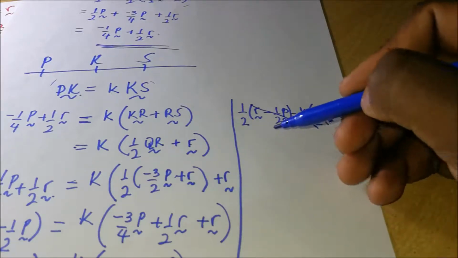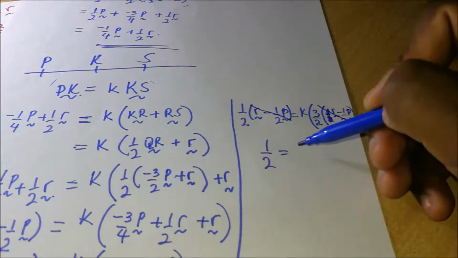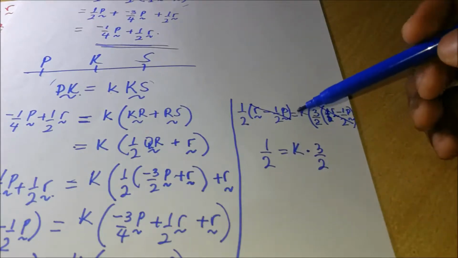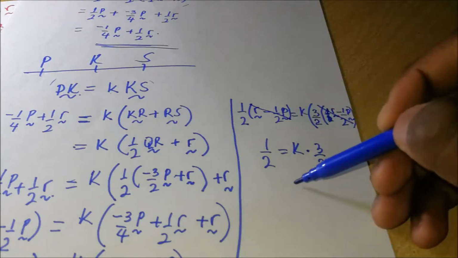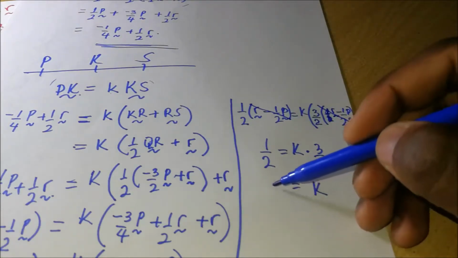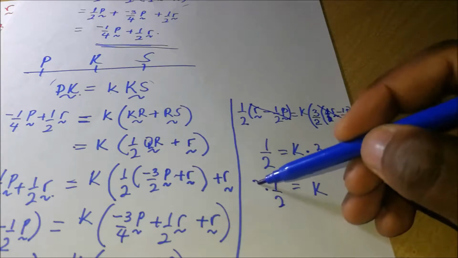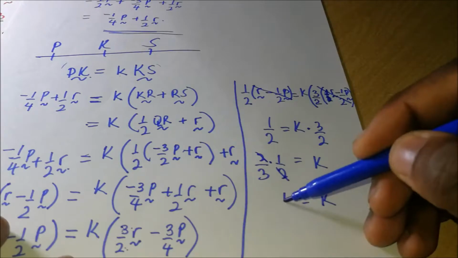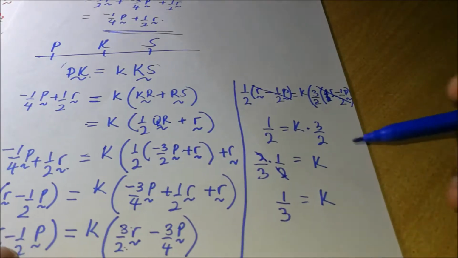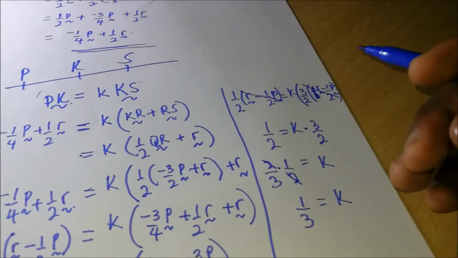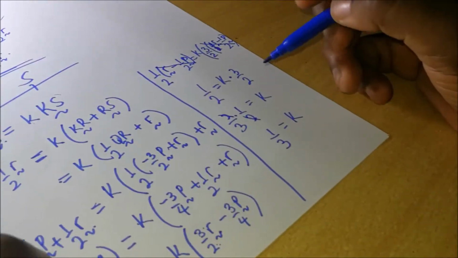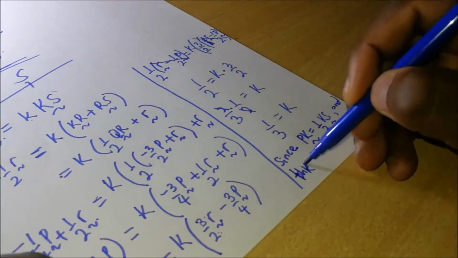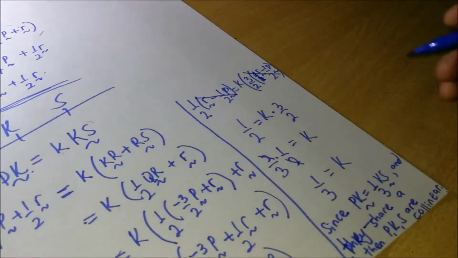So here what we remain with is a half is equal to K times 3 over 2. And our value of K here will be equal to a half times 2 over 3. Our value of K here is 1 over 3. And so we shall conclude by saying that since